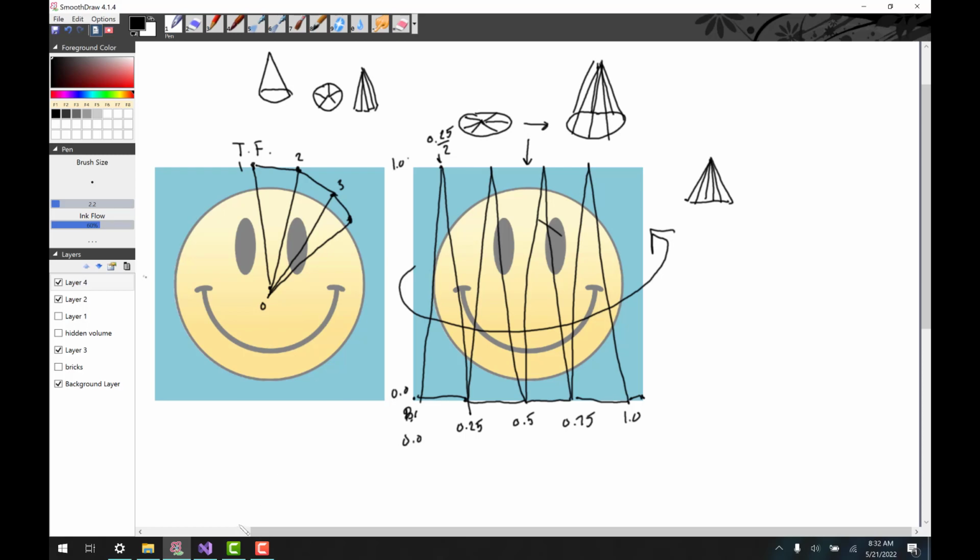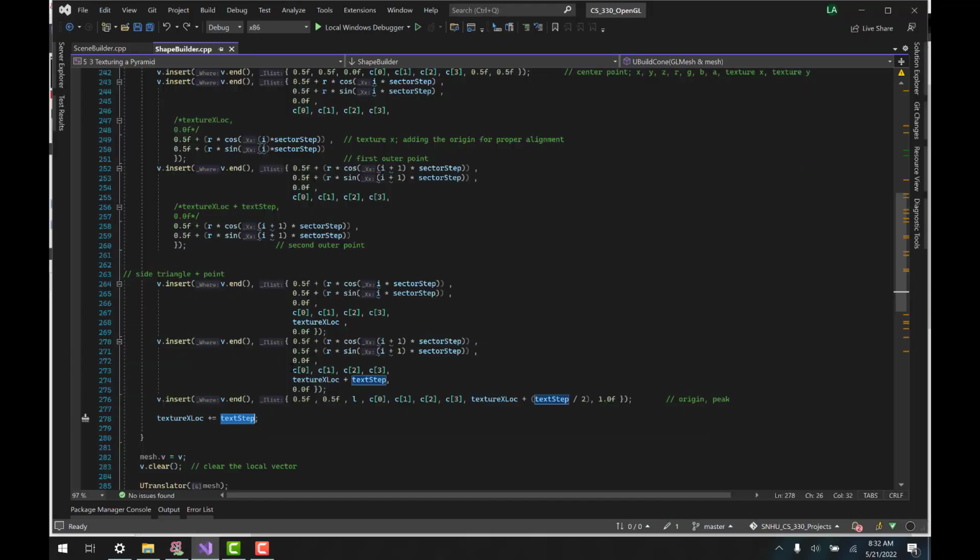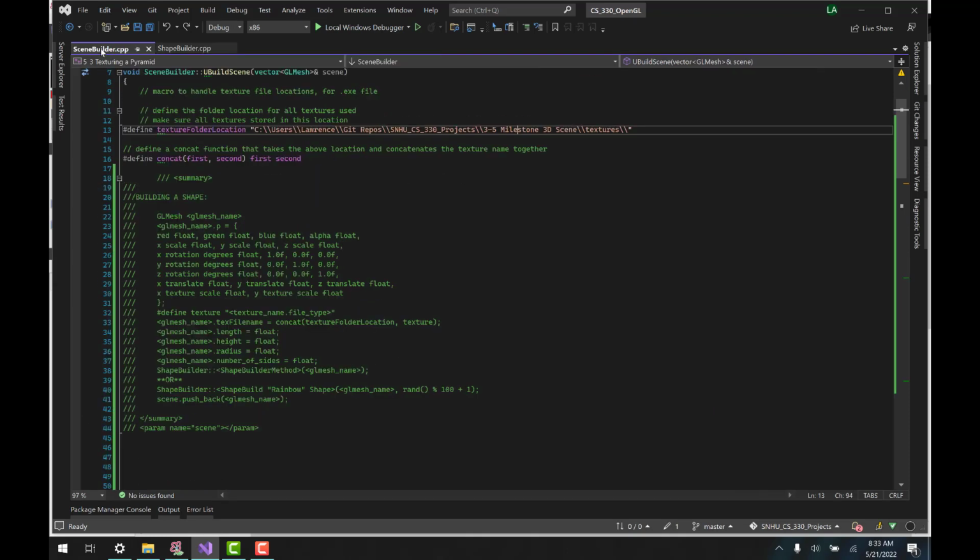And there's a variety of different ways to approach it, but this was the one that I found was the best. Honestly, if you really wanted your picture to wrap around the cone perfectly, then you would need to Photoshop that texture to match these triangle slices a little bit better. But that's a little bit extra work that you maybe don't want to do. So anyway, let's take a look at what this essentially does. So let's go back to the Scene Builder portion of the app, and we're going to build a cone together